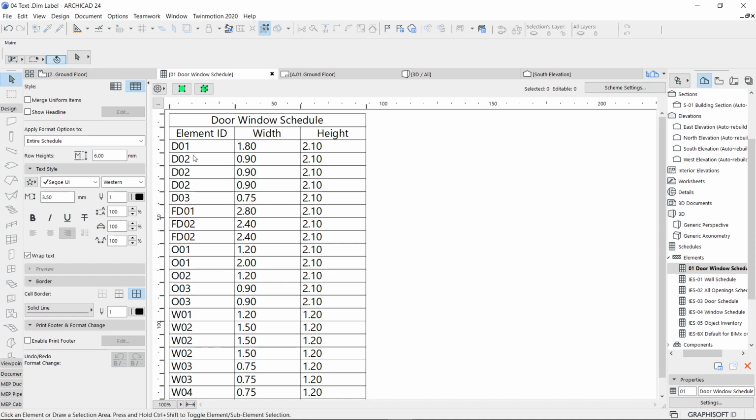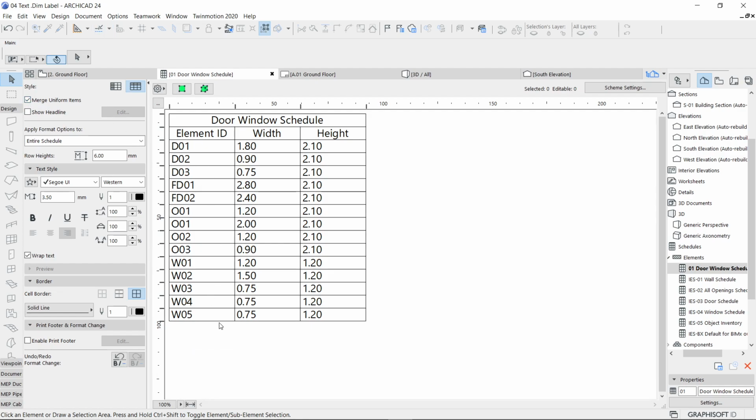So if you want to trim this down, and if the same repeated object is there and you don't want to list it again individually every time, there's an option known as Merge Uniform Items. If you click on this, you will see that it trims down that list and lists only that object once, not a number of times. Further to that, this is what you can see.